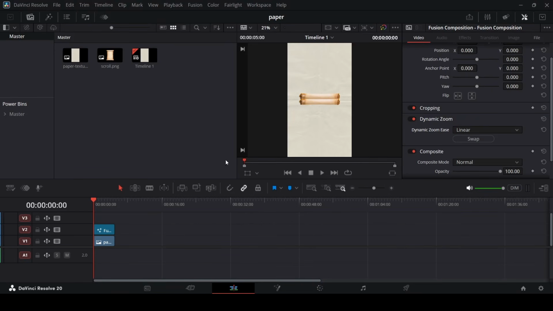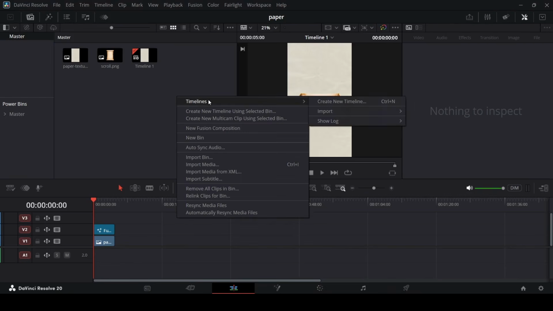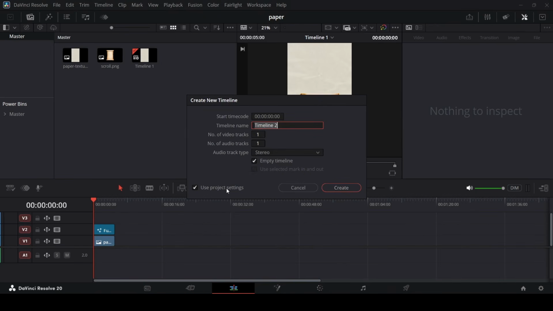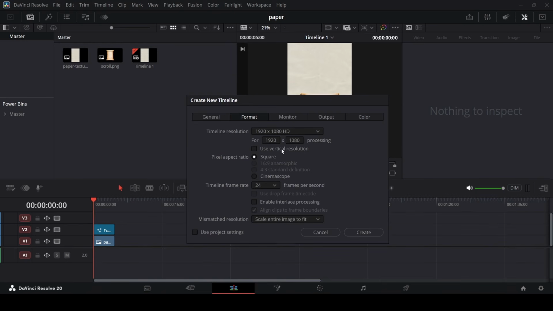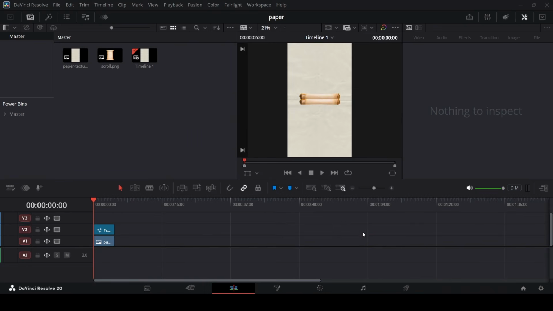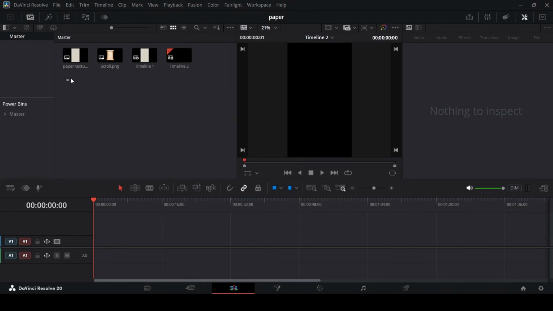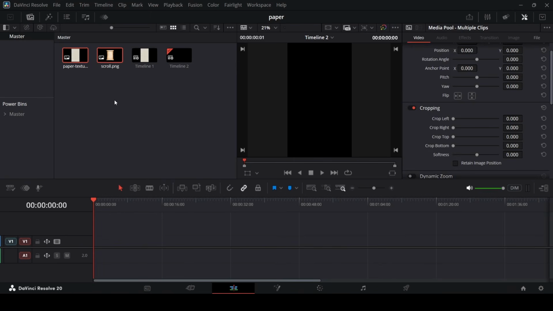And now, first of all, we're going to go ahead and create a timeline. So I'm going to go with a vertical resolution. You can unselect the Use Project Settings, go over to Format, and then click on Use Vertical Resolution. Hit Create. And over here, I have these two assets, and you can, of course, get them from the link